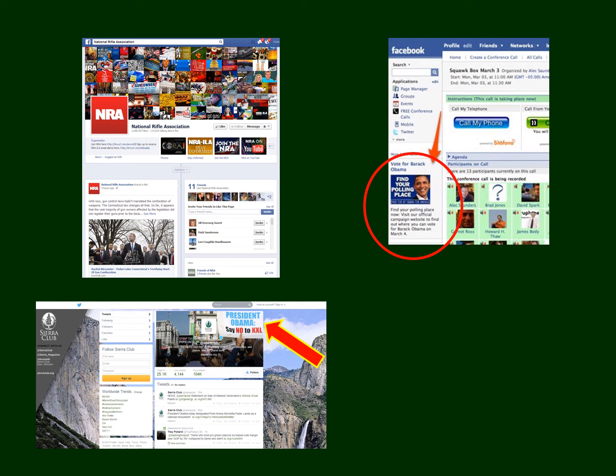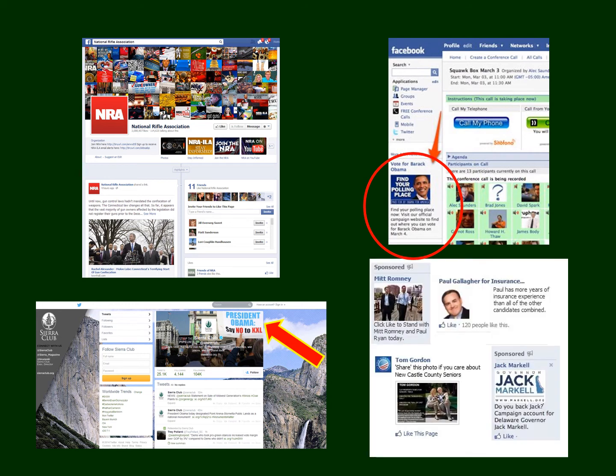On this individual's Facebook page, there's a site that's an advertisement that actually helps people find their polling place. These have become so sophisticated that they actually target advertisements to try to encourage people to vote for certain candidates based upon their website visits and their different likes. The top one shows an advertisement for President Obama, and on the bottom we see an advertisement for Governor Romney. Each ran for the presidency in 2012.